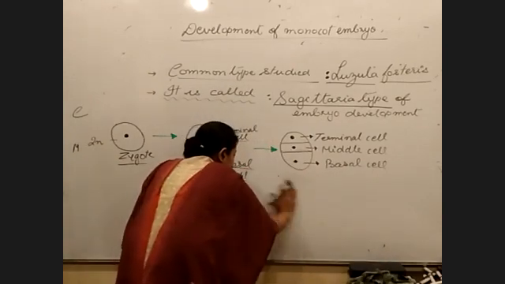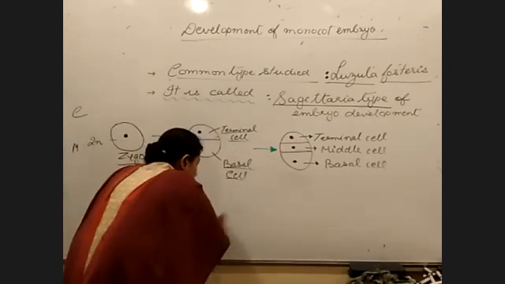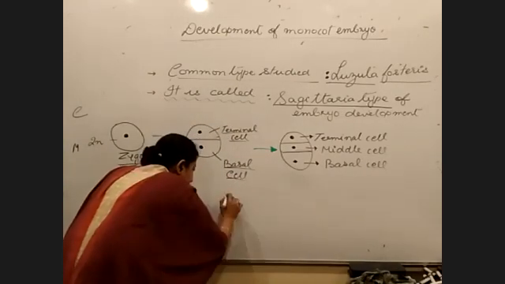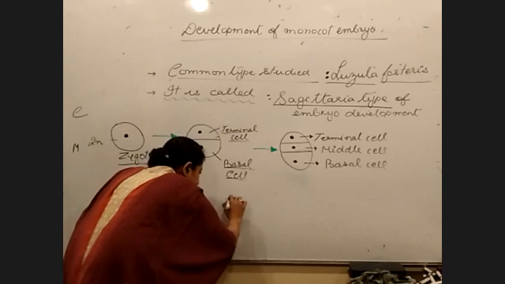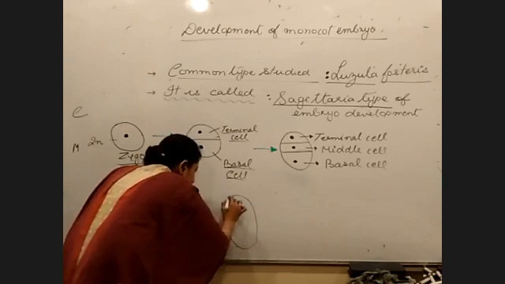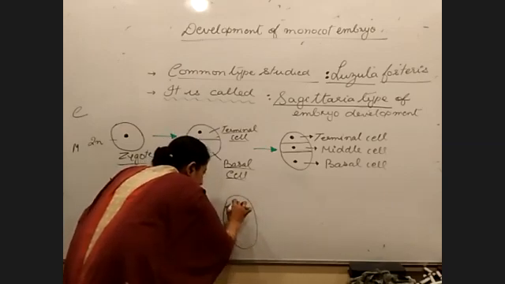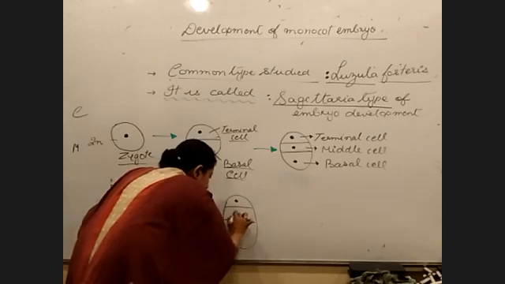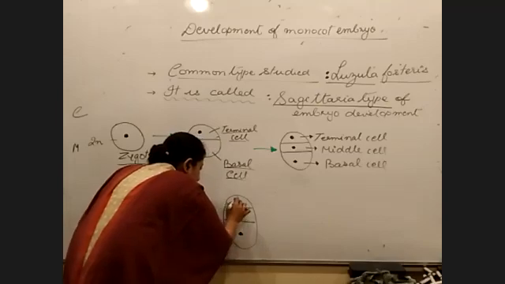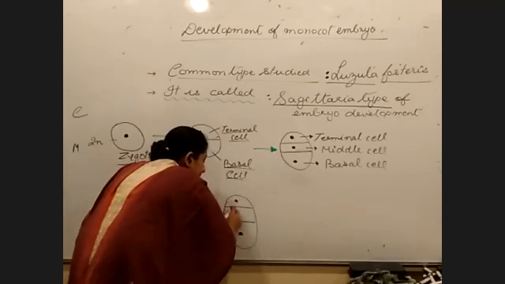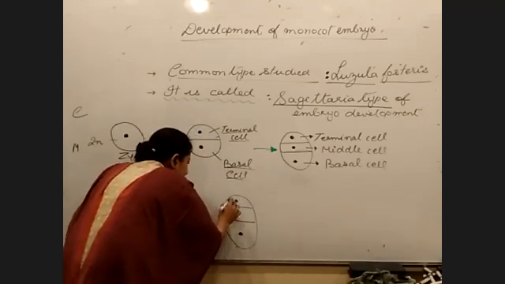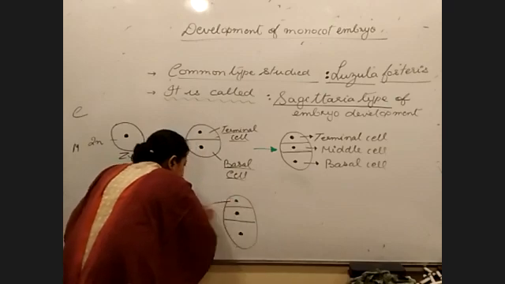Let's draw it here. So we have a structure like this. It's a terminal cell box, it's a middle cell box, and it's a basal cell box. Right. This terminal cell will ultimately form